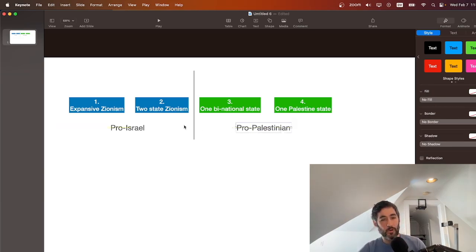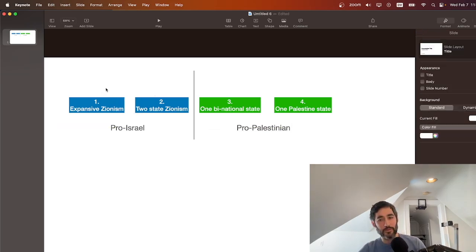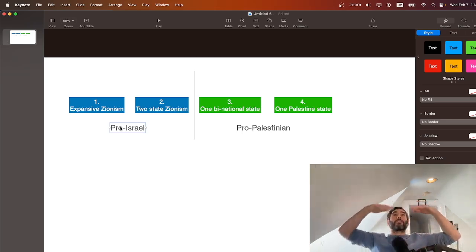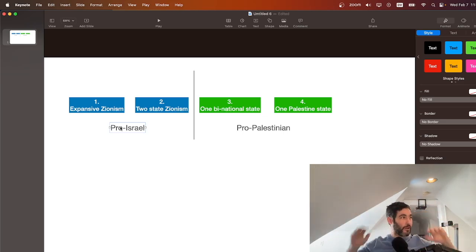So these four things exist, right? So expansive Zionism is sort of like the Trumpian Zionism. Netanyahu is in many ways very, very different from Trump, of course, but he has a lot of the same illiberal instincts. He's an obvious narcissist. He's currently embattled because he's trying to undermine the judiciary in Israel, which plays a tempering role, it restrains a lot of the abuses.